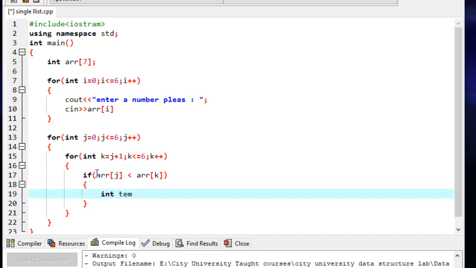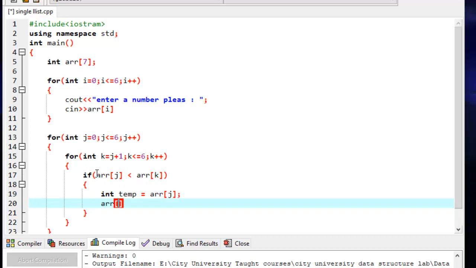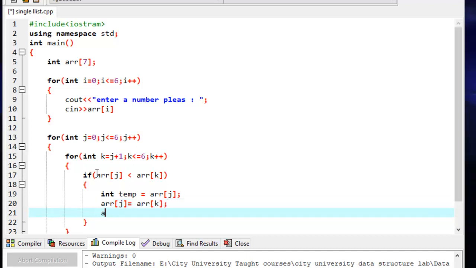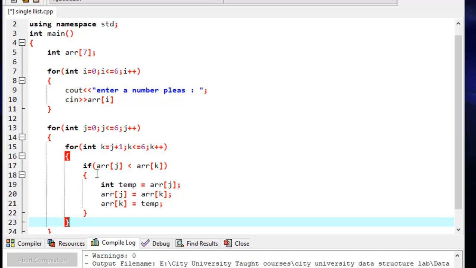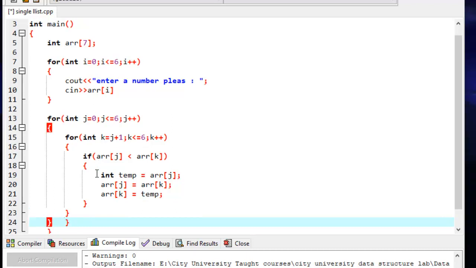Temp equals array j, array j is equal to array of k, and outside here is the final line. I will put array k equal to temp. So this is the way you can swap both of these data.